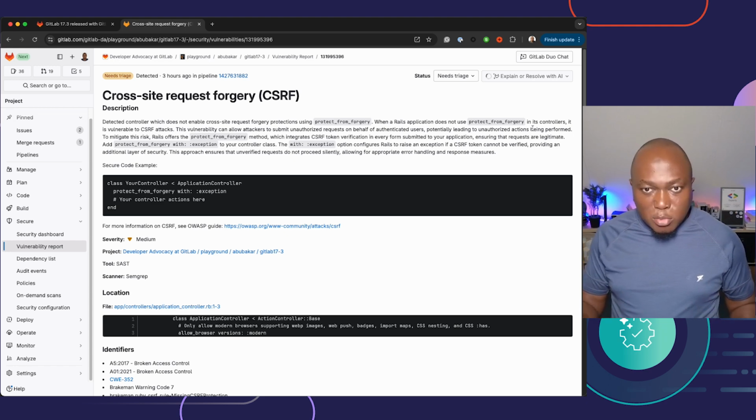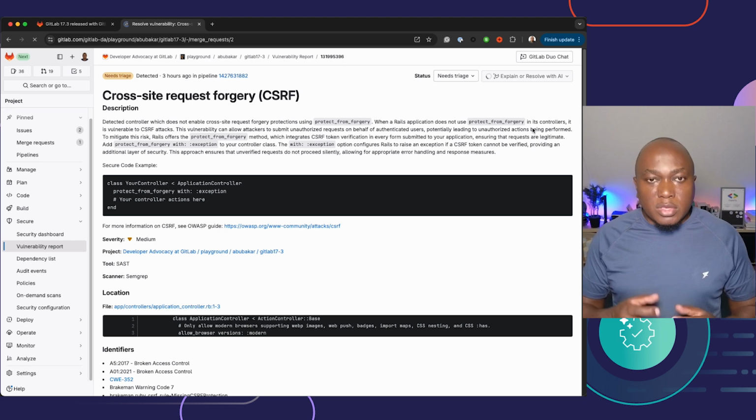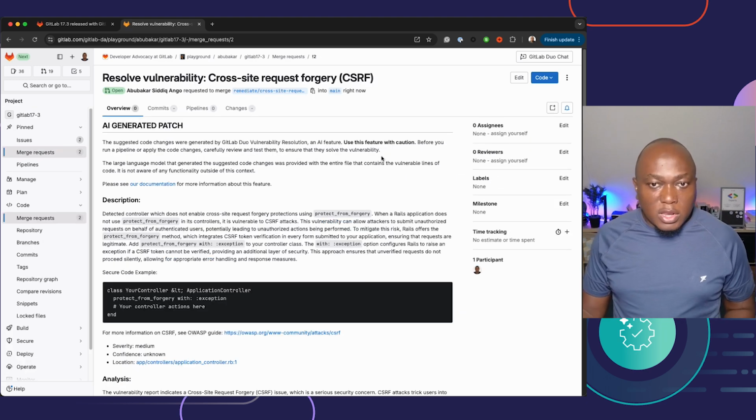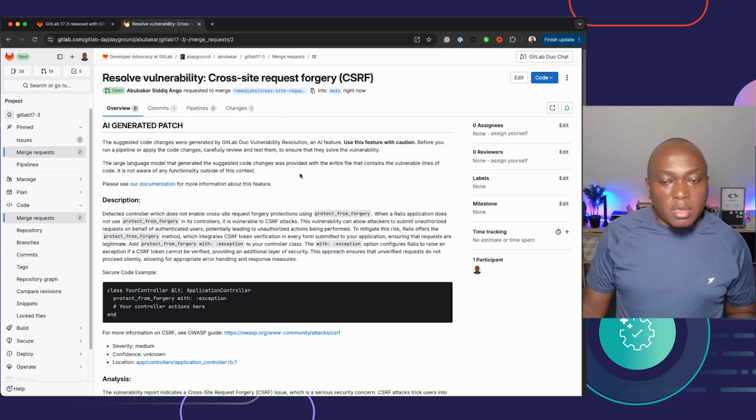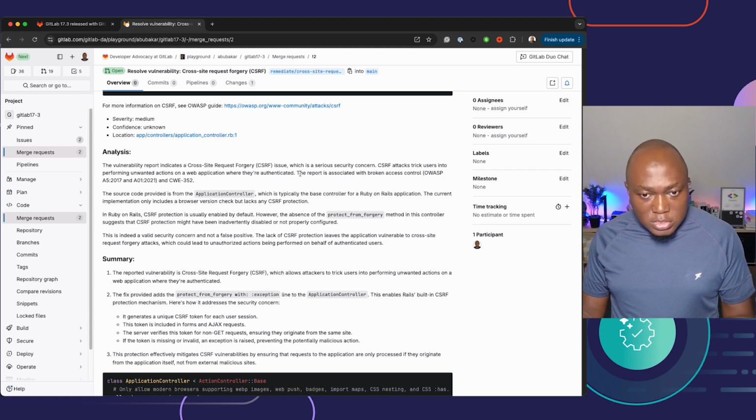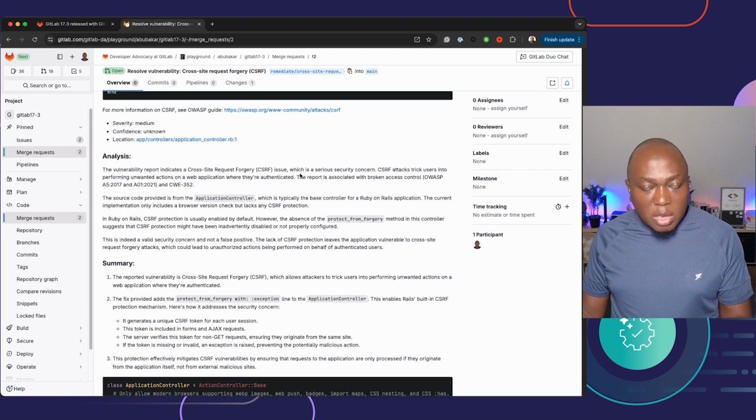Definitely, it's doing a number of things, talking to the models, understanding the whole thing, then creating the MR. Now, it's done. Voila, it has created the MR for us. And we can see here, it created a branch and is requesting for it to be merged to main with details on everything about